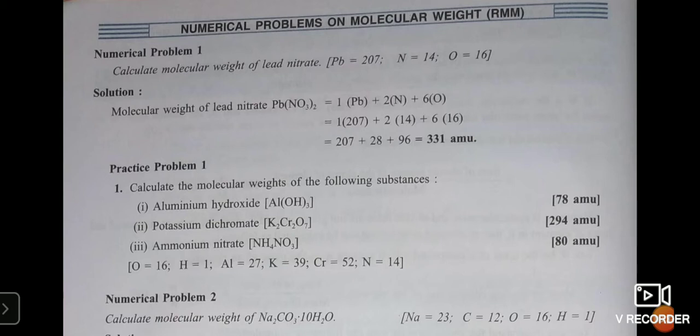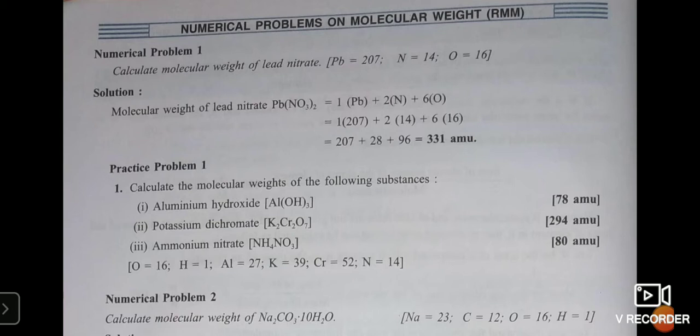Now, you may be wondering what application based questions are? Like the questions to calculate the molecular weight of a compound, to calculate the composition percentage, to convert the word equation to chemical equation and then balancing the chemical equation, or directly balancing the chemical equation are the most likely questions to be asked from this chapter. There will be less chance of theoretical questions being asked from this lesson.